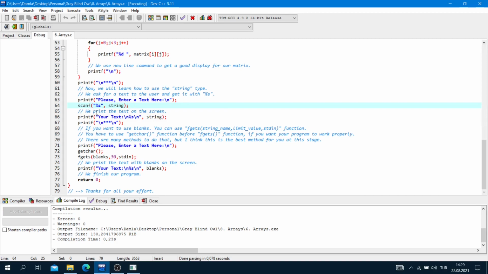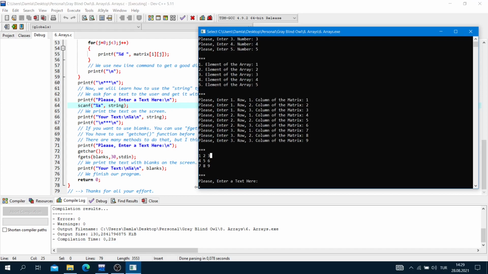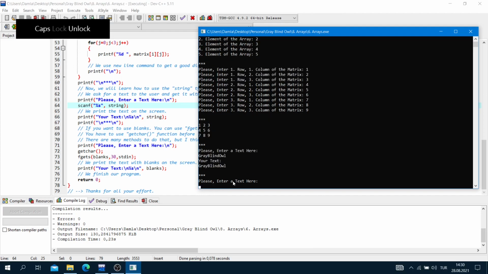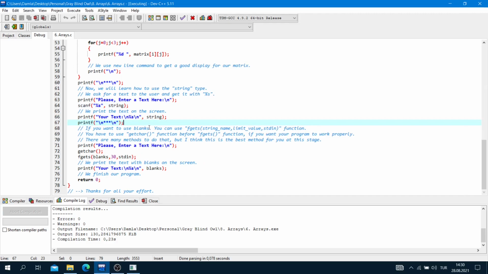Now we print the text on the screen. We will enter a text here first: gray, blind, all. And as you can see, it prints your text. Now, if you want to use blanks, you can use the fgets function.